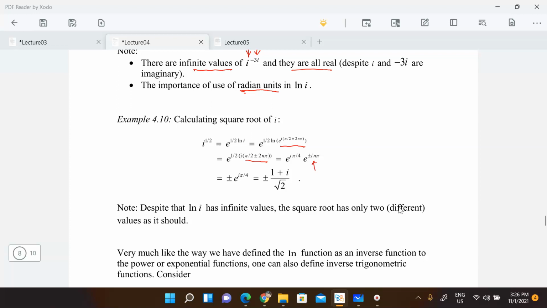But iπ, what is that? cos π plus i sin π, that's a plus 1, and exponent minus iπ is a minus 1. So you get two values. Well, this is good, and in fact that